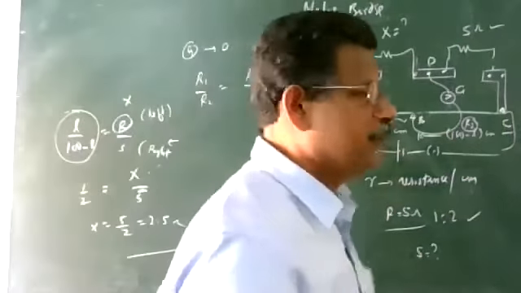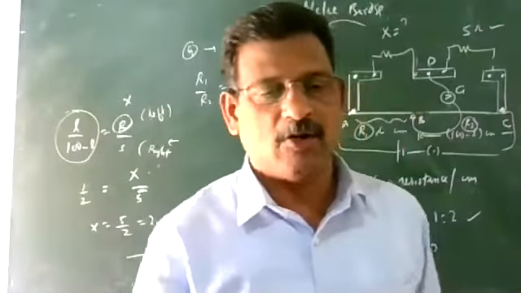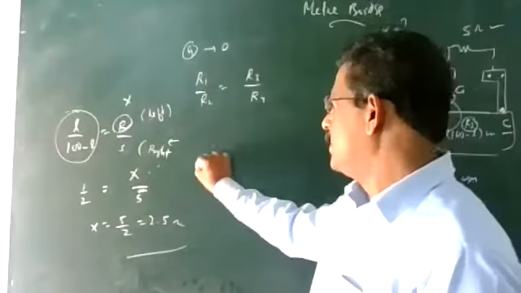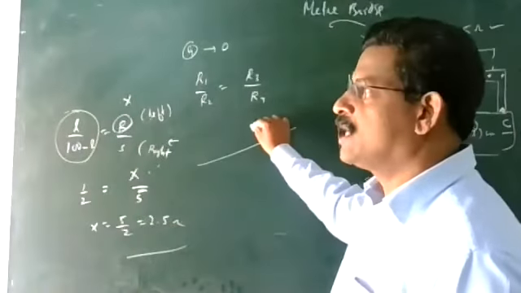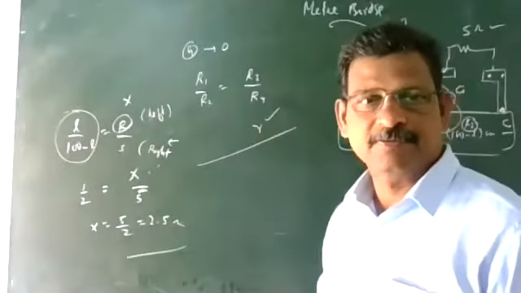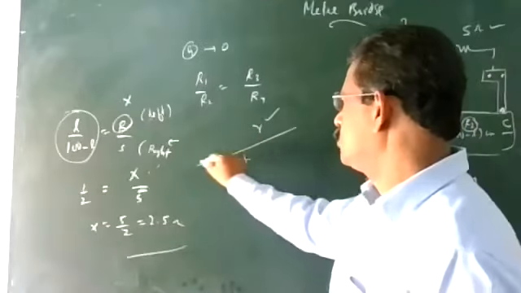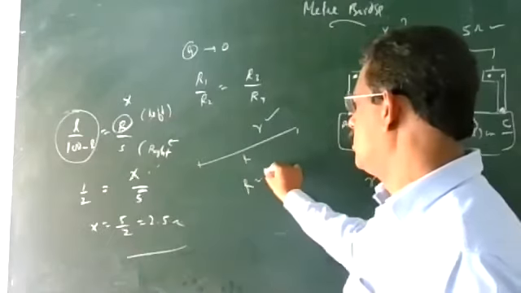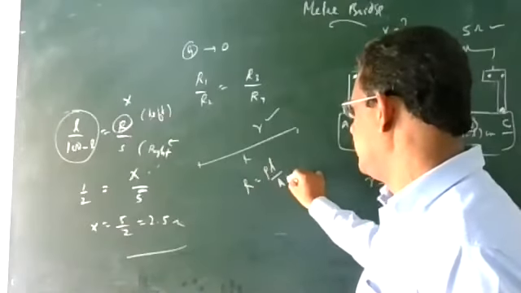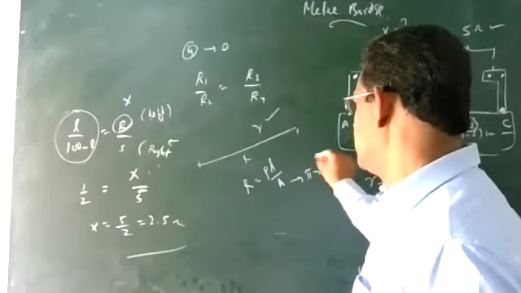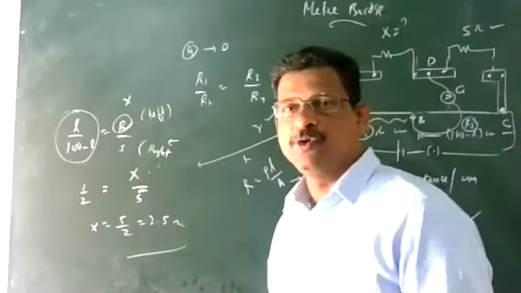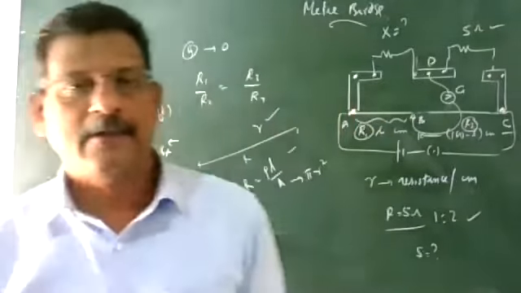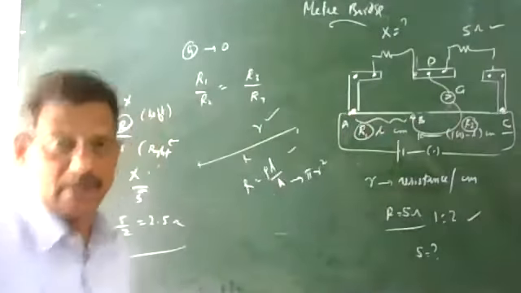So we have an experiment to find the unknown resistance of the wire. If you calculate the radius by screw gauge and measure the length of the wire, you can find the resistance using the equation R equal to rho L by A. Here A will be equal to pi R square. This is also part of our experiment. We used to conduct the experiment in the lab. So this is about the meter bridge, a very important one.